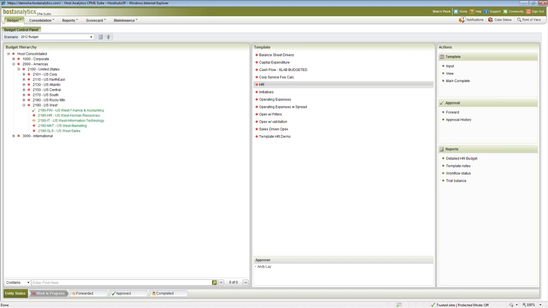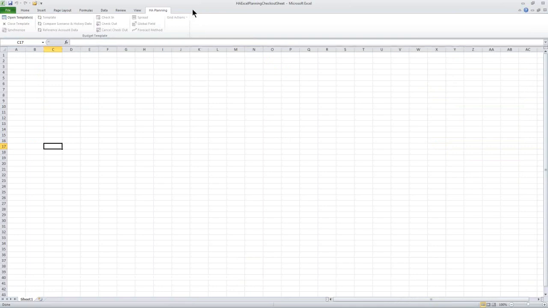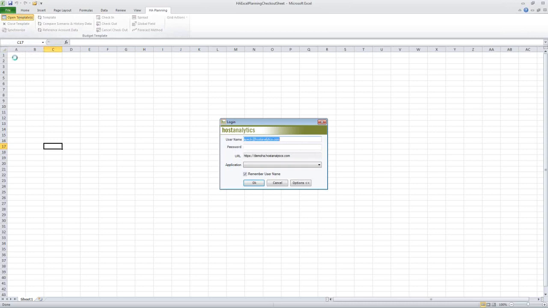So I'm going to go to my desktop Excel, and here I have an extra tab that allows me to connect to the database to pull out what I want and then to be able to use it. And so I'm going to open a template, and it's still got the full security consistent with the security that's within the application.